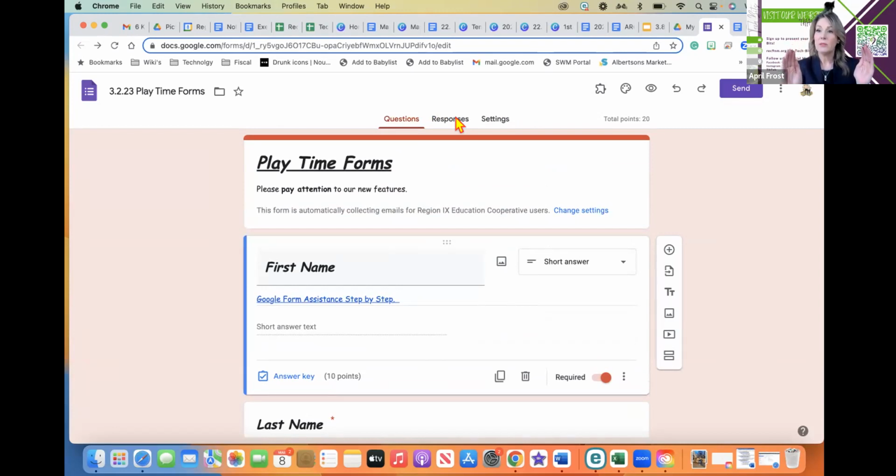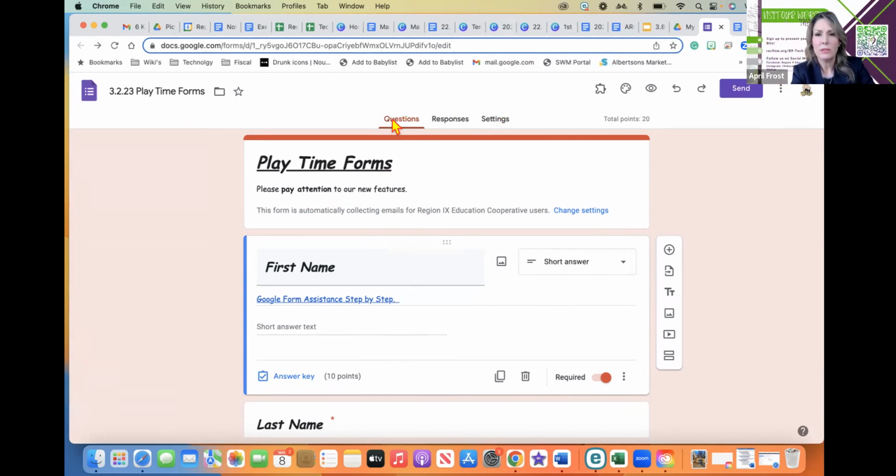How do we view our responses? What options are available to us? And how can we utilize these tools that are in Google Forms in our everyday work? I have a couple of ideas about that moving forward, but let's learn the overall